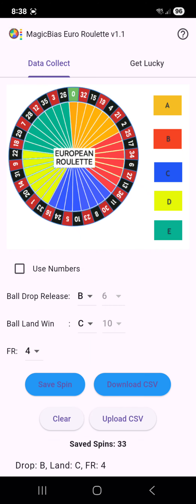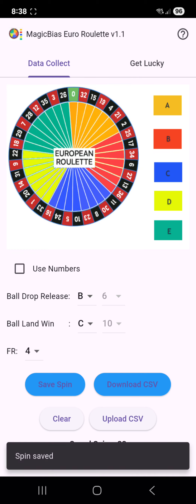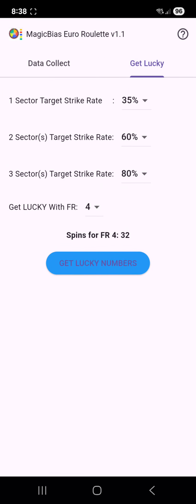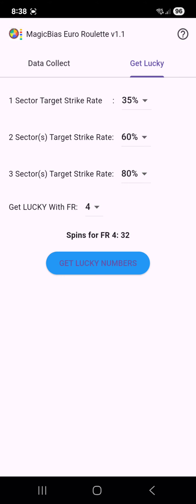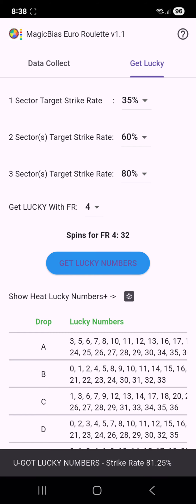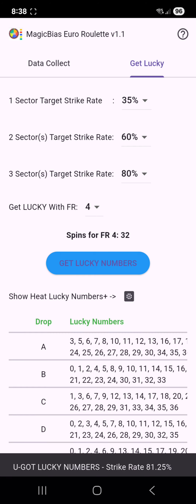So you can see at the bottom we've got 33 spins saved. So you can swipe over to the get lucky numbers. You can leave those sector strike rates as standard. And as you can see, FR4 is showing. So FR4 and 5, there's not enough spins. So FR4, you can hit the get lucky numbers, and it can tell you based on those strike rates